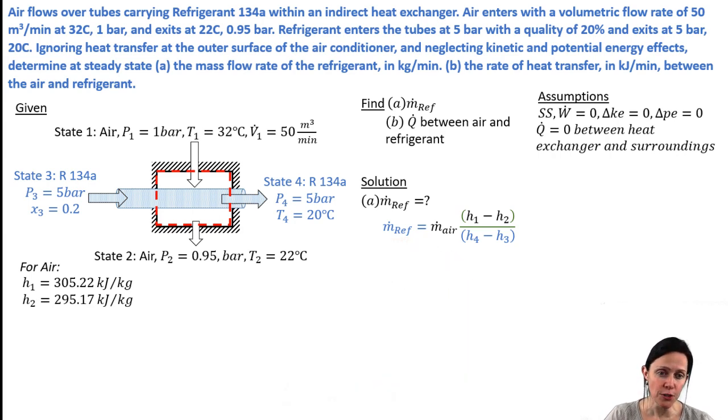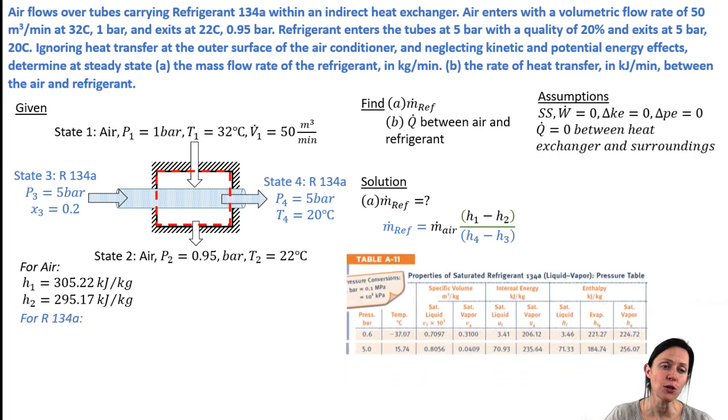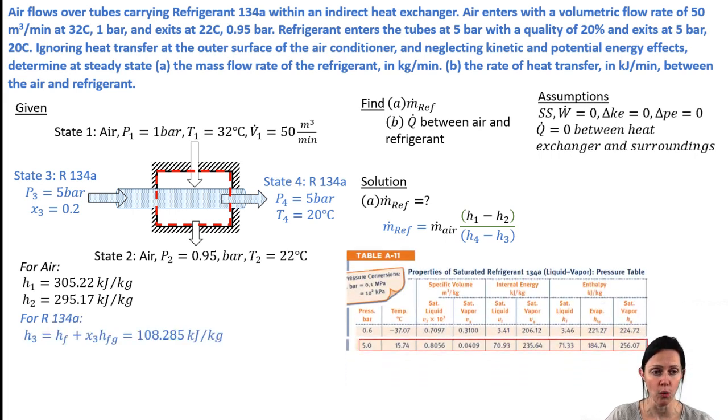And then for the refrigerant, I need to look at my tables for R134A. So this is table A-11, and all I've done is I've looked at state 3, where I've got a quality of 2, my pressure is 5 bar, and so the only thing I need to do is look in those saturated tables that are organized by pressure and use the h sub f and h sub fg value to